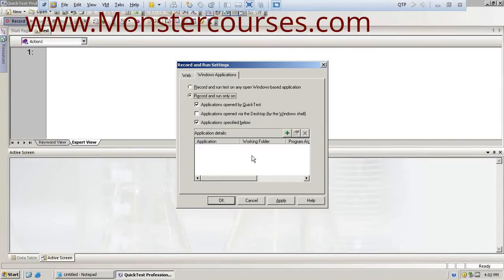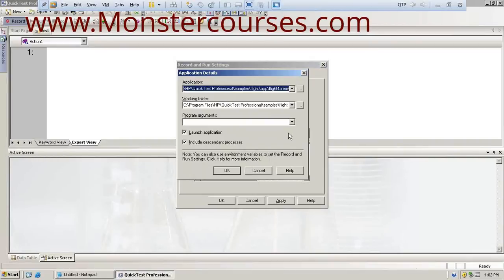Even if you have multiple windows, QTP records only the actions performed on this window. So we have to specify the path of the application here, as it is a Windows application. To set the path, just click on Add.